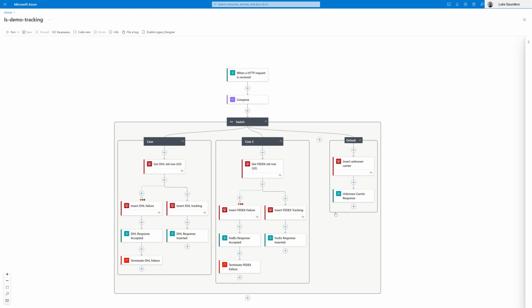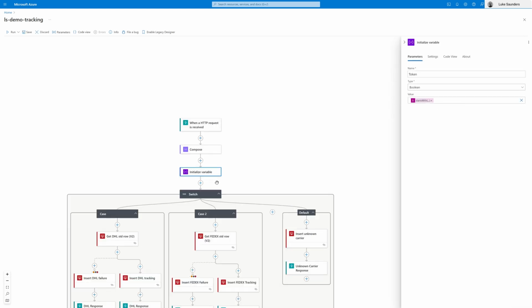And then if that is successful, so on success of the authorization being there, we can then add a parallel branch, and we want a response